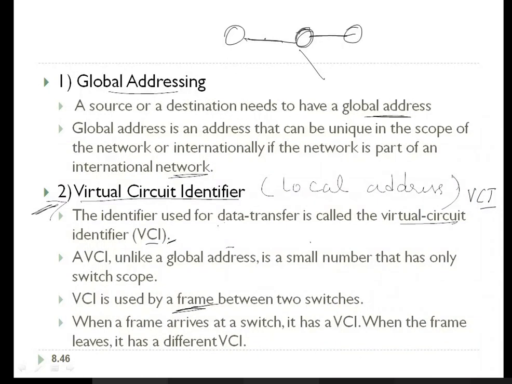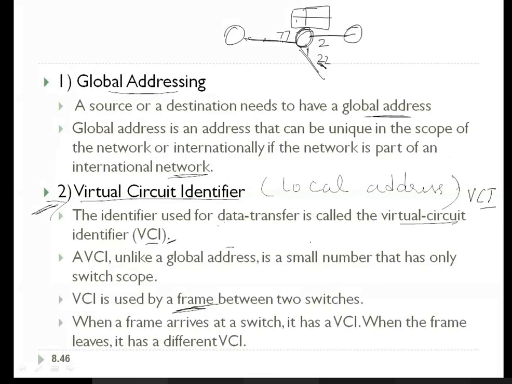If it is a switch, it will be maintaining a table that contains what the VCI should be. Yesterday I told there is one diagram, I'll just go to that diagram. Whenever the data comes here, it will have some VCI. When it leaves this switch, it will have a different VCI. How do you get this? Here it is going to refer to the port: depending on whether the data is transmitted through port 1 or 2, it will have a different outgoing VCI. I'll explain this in detail later.